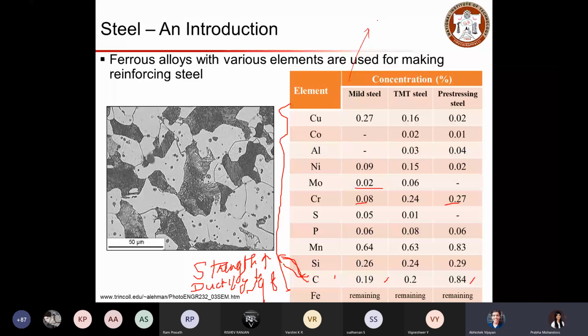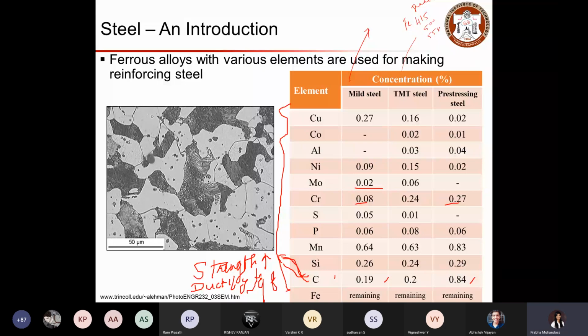I'll say that is for TMT steel, Fe 415, right? That basically represents the grade. If we look at the ultimate strength, you may go 500 or 550 for TMT. 250 now, so for mild steel, it is 250.